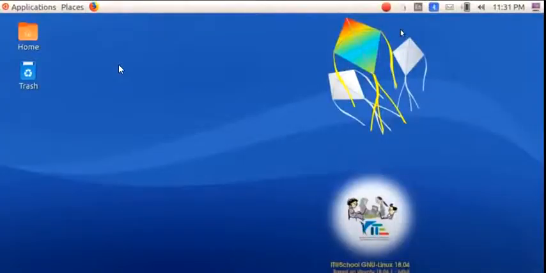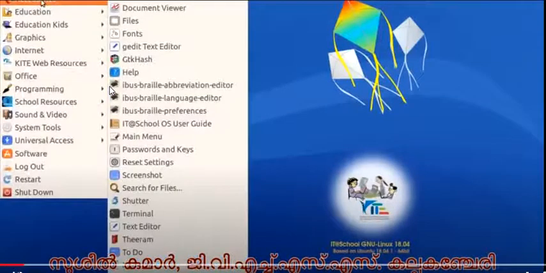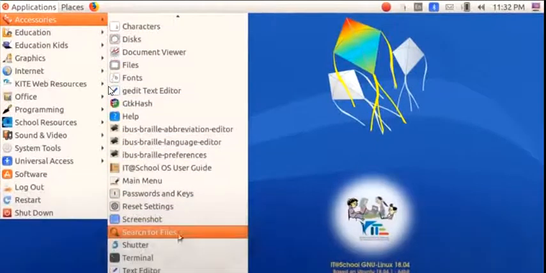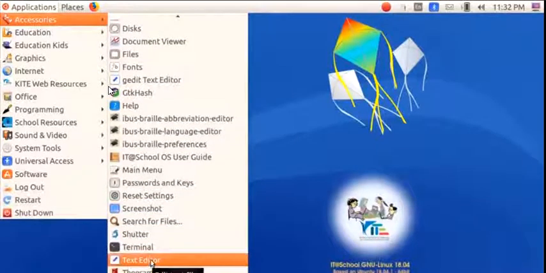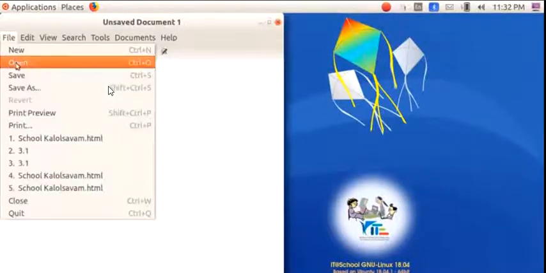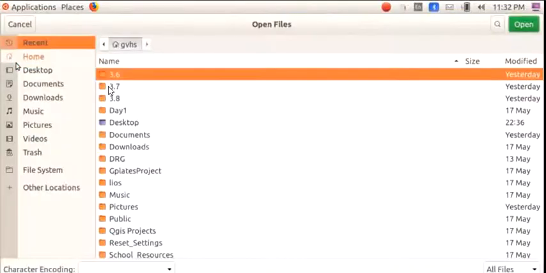For that, open our document in the text editor that we have already saved in our class folder. Select the text editor software, then click File, Open.